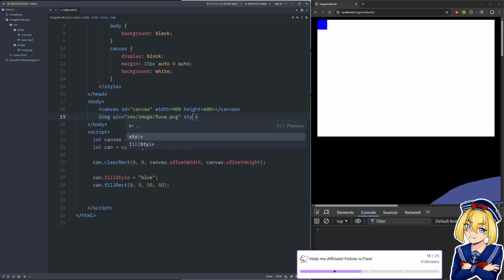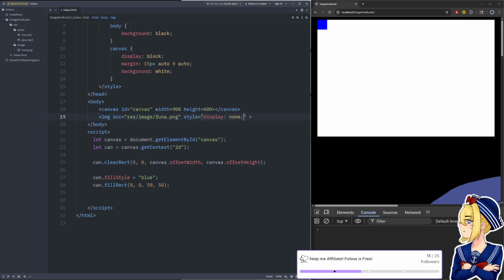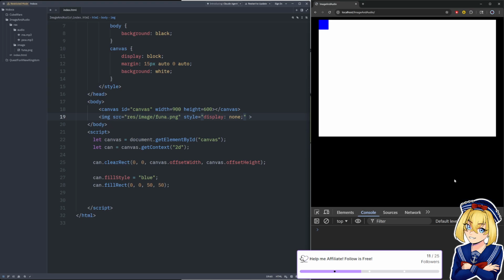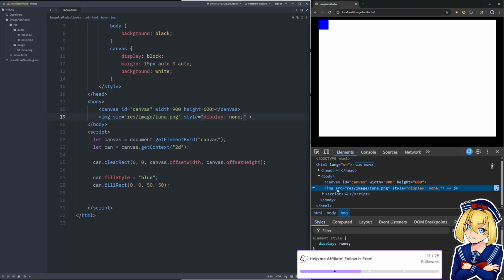I'm just going to say style display is none. And what that will do is hide Funa-chan. Technically, if we look at the page, she is still technically on the page. We just can't see her.